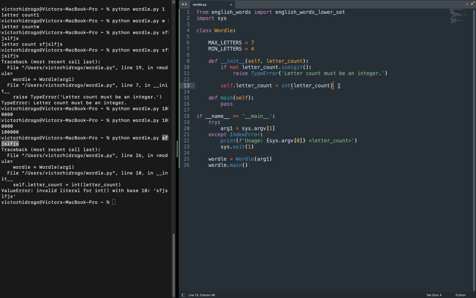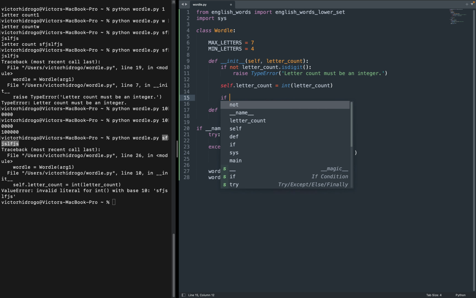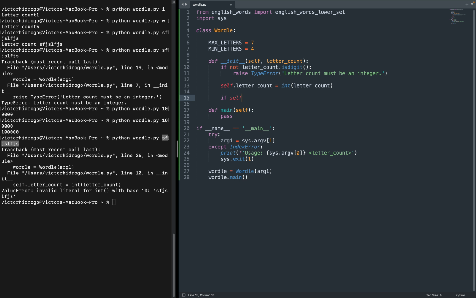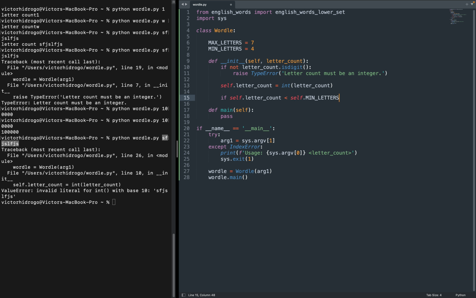So now that we have the letter count as an integer, we can validate it against our minimum and maximum constants. So we can check that in the same if statement. So we can say if self.letter_count is less than self.min, and since the constants over here for min and max are also attributes of the class, the way we access them here in our init method or in any other method is also with self dot,